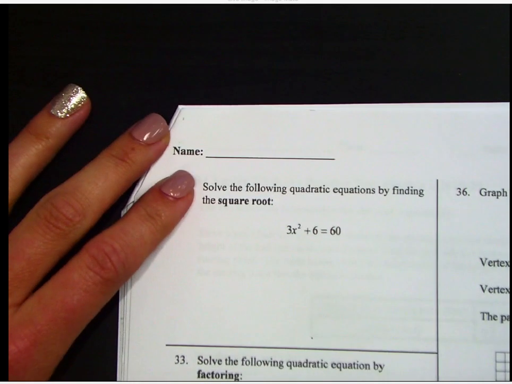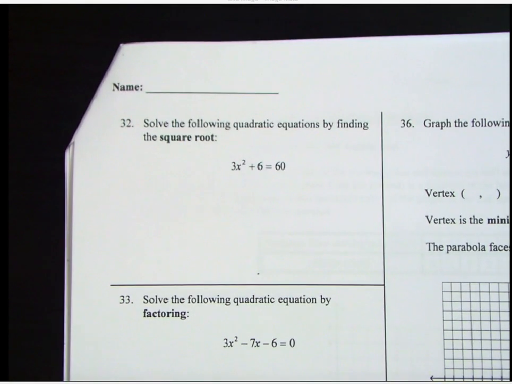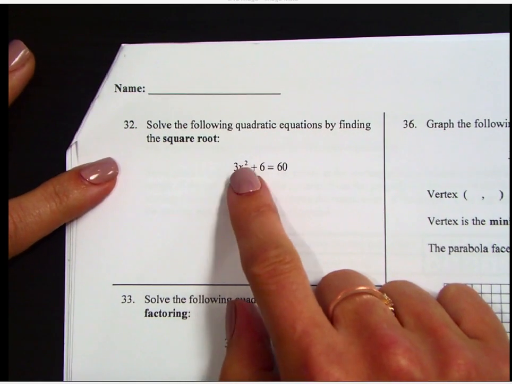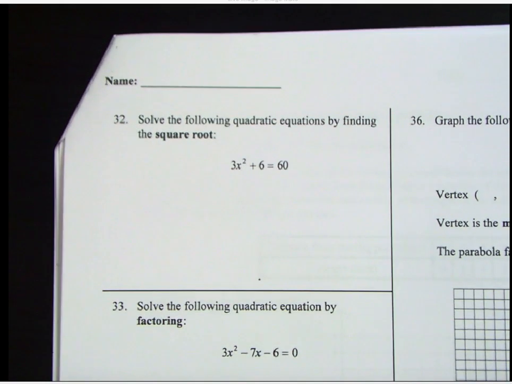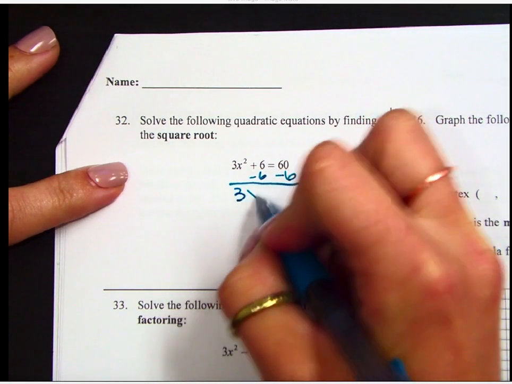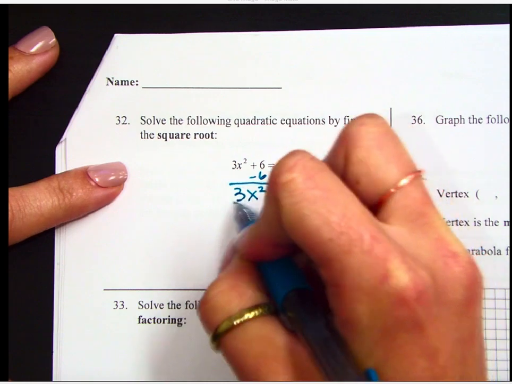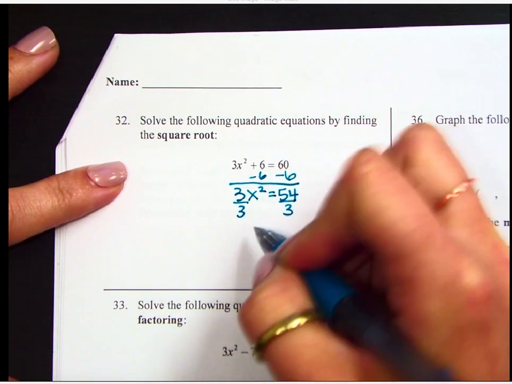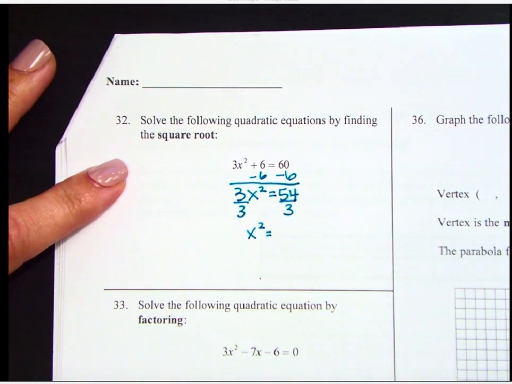Number 32, we're going to solve the quadratic equation by finding the square root. So what that means is we're going to be doing all of our inverse operations to get x by itself. So first thing we'll do is subtract 6. So 3x squared is equal to 54. Then divide by 3, and x squared is going to equal